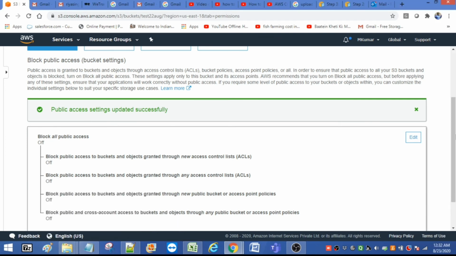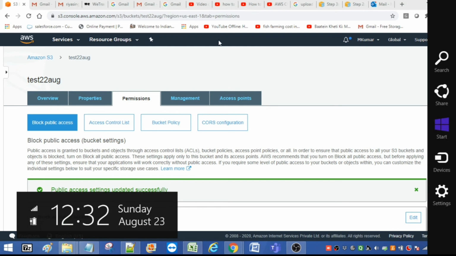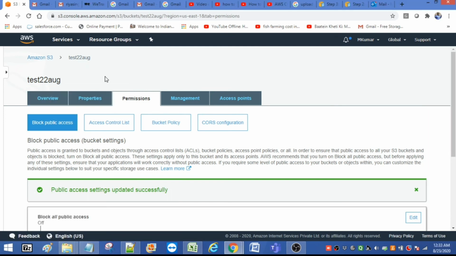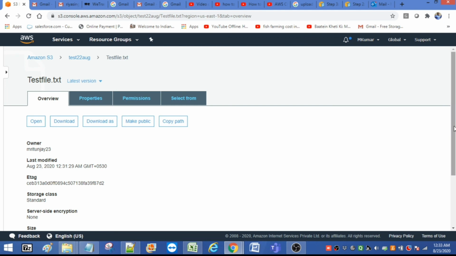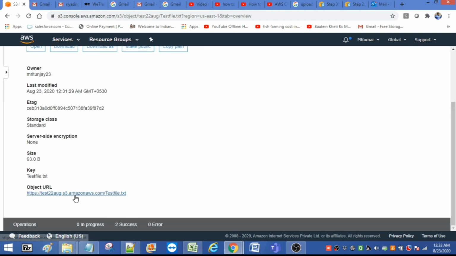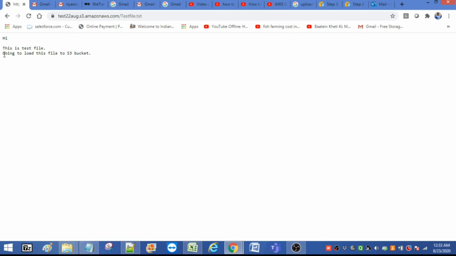Now click the test file, and click your object URL. Now you can see the file content: this is a test file, going to load this file to S3 bucket.